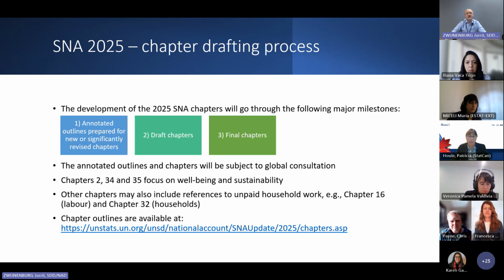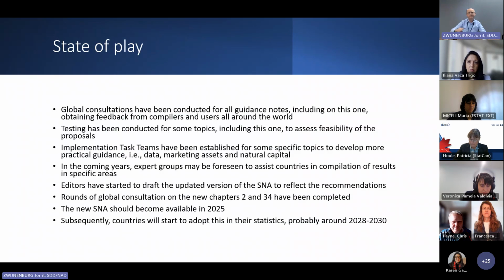So as I mentioned, 3 chapters that are focusing on well-being and sustainability, but there may also be references to unpaid household service work in other chapters. So for example, chapter 16 on labor also makes references to unpaid household work. Chapter 32 is focusing on households, so also references there. So if you're interested, you may have a look at those chapters as well. And here is a link where you can find the relevant chapters. So where are we at the